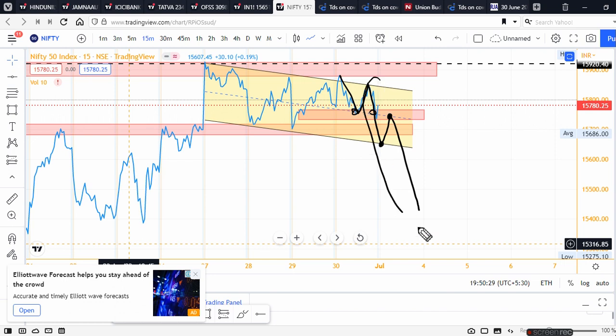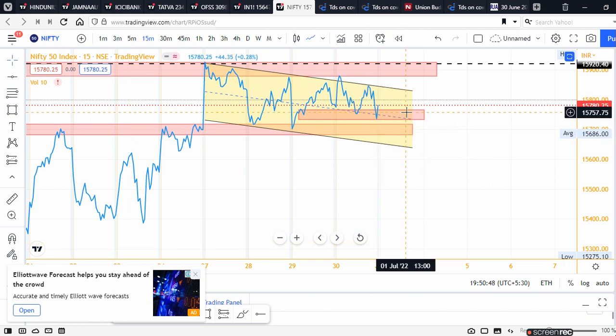Market can form this kind of N pattern. N pattern इस तरह से बना सकती है market कल के दिन. So I will request you to consider some resistance at this level, then take a PE trade, keeping a stop loss immediately above this area. So this was the importance of the area which I marked for you on the charts.